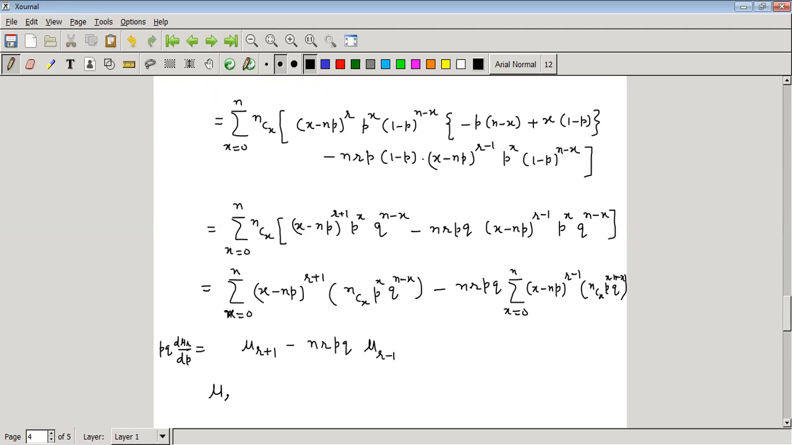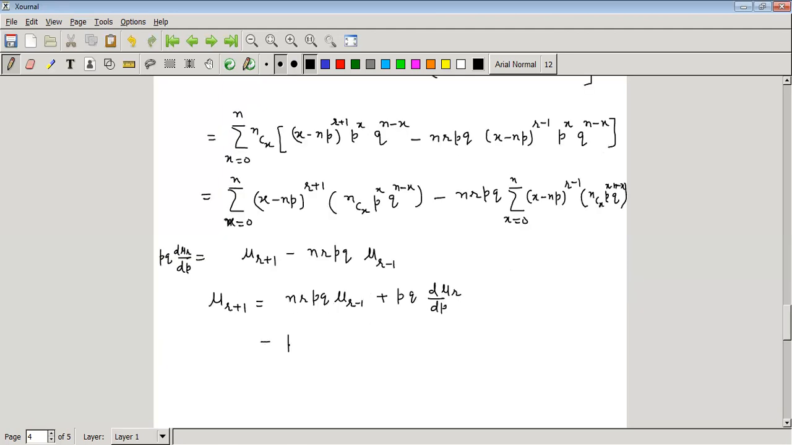So we have to find mu r plus 1. So mu r plus 1 is equal to nr pq mu r minus 1 plus pq d by dp of mu r. If we take pq to be common, then we get nr mu r minus 1 plus d by dp of mu r. So this is how we can find the recurrence relation. Mu r plus 1 is equal to,